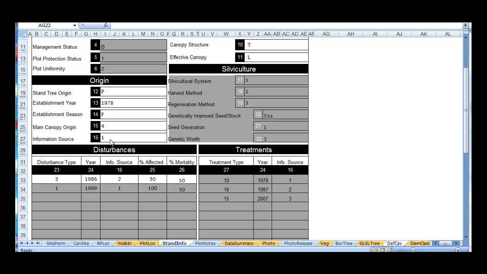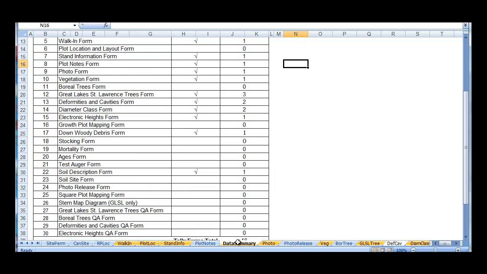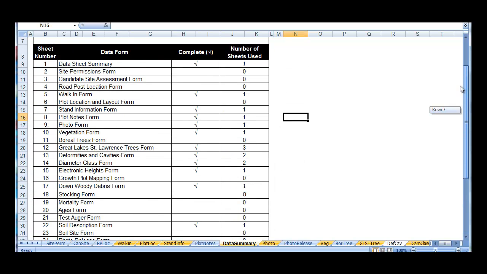So so far the forms are basically to give you an idea of, we're going from the big picture to the small, finer picture. So now we're going to go from the stand information to the data summary. Now, this form is kind of a funny place for it, but really all this form is about is, have you filled in all the required elements that are needed to complete the actual